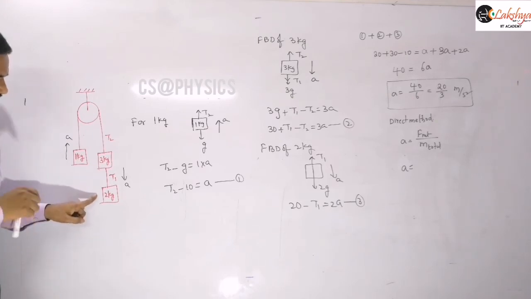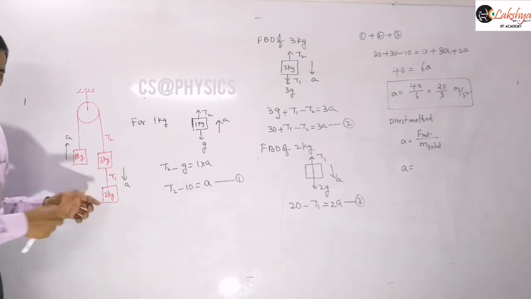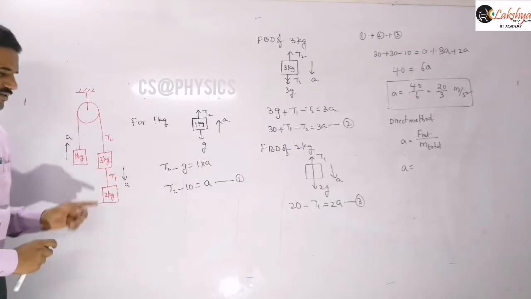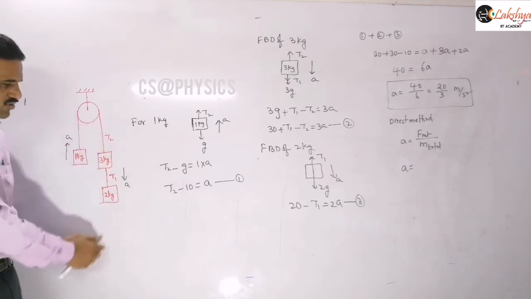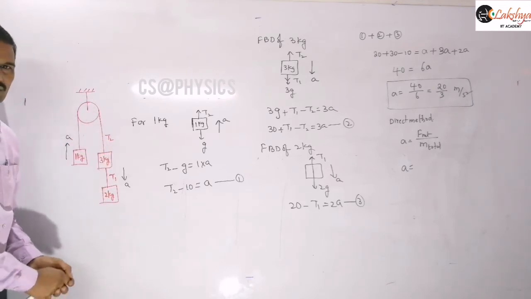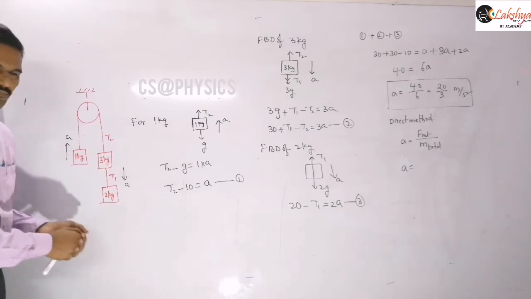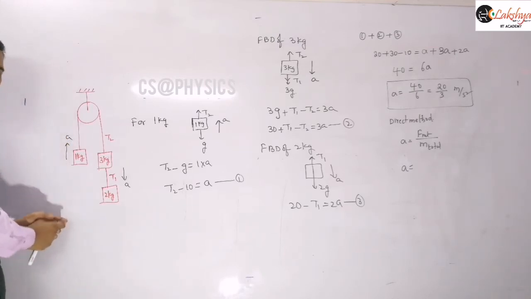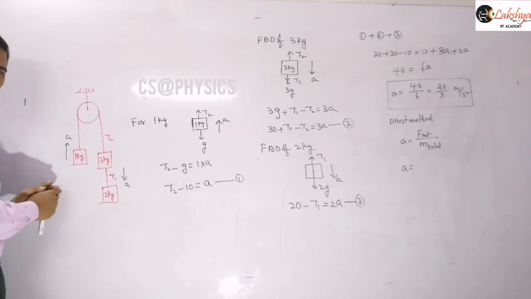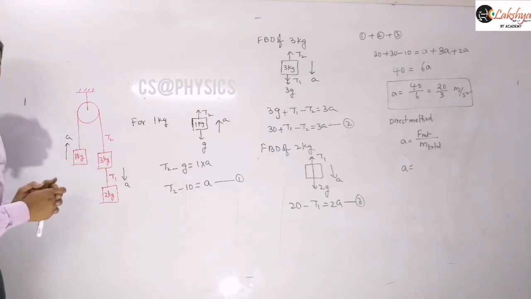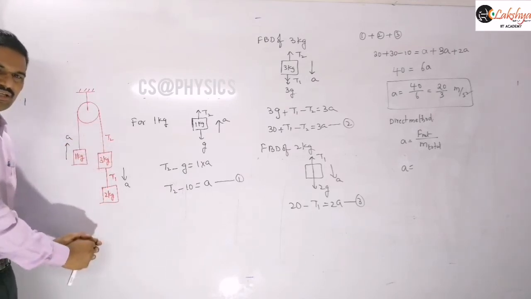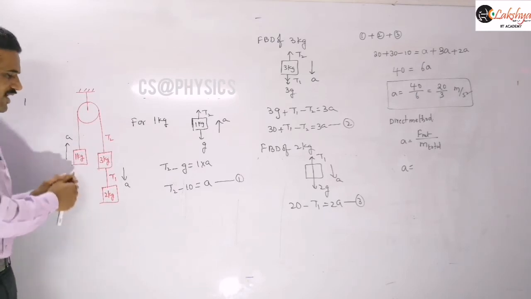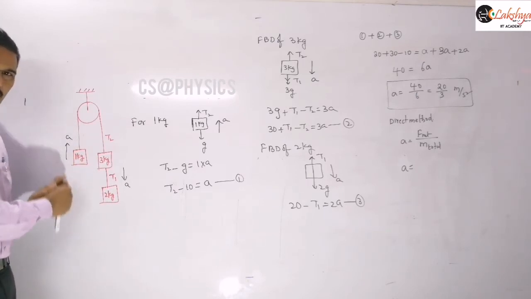So now let us observe this 2 kg block. The weight of this block is pulling the system in the downward direction. Then what about the weight of this 3 kg block? This 3 kg block also pulls the system in the downward direction, right? So these two blocks are pulling this side, but this 1 kg block is pulling this side. Pulling this side means it is opposing the system. It is acting opposite to this 5 kg system, right? So that means totally 2g plus 3g is acting to accelerate the system, and this 1g weight of this block is opposing the system here.